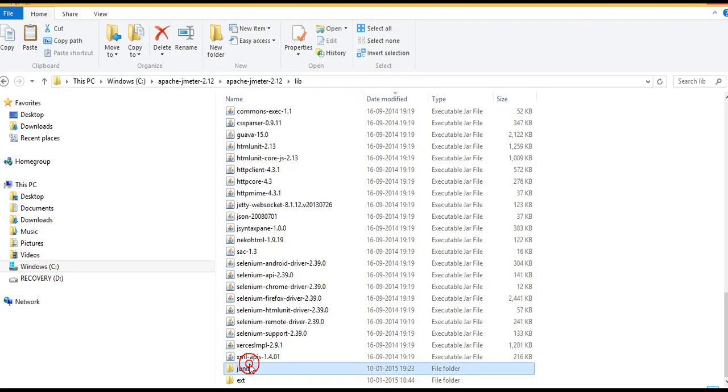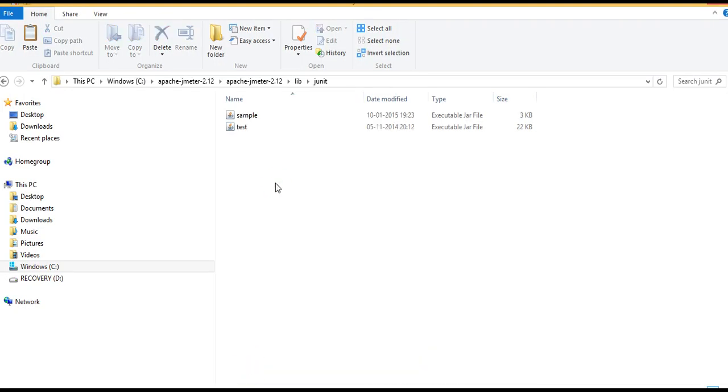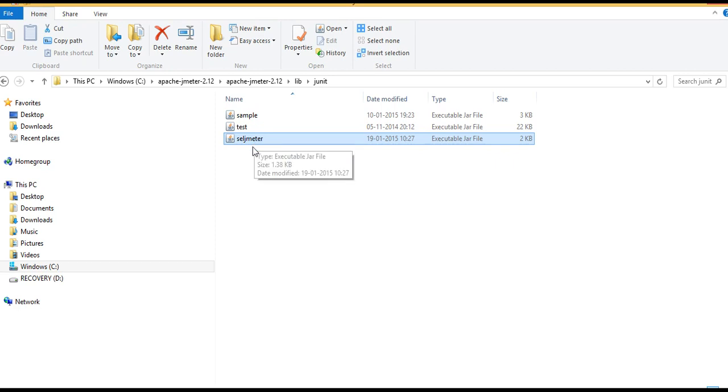Come to the JUnit folder and paste it here. Whatever you paste here comes under JUnit test cases. As we have written the Selenium code with JUnit annotations, it will execute. So basically you can integrate your Java code with JMeter by placing it in the JUnit folder. The same code is now in this jar file.